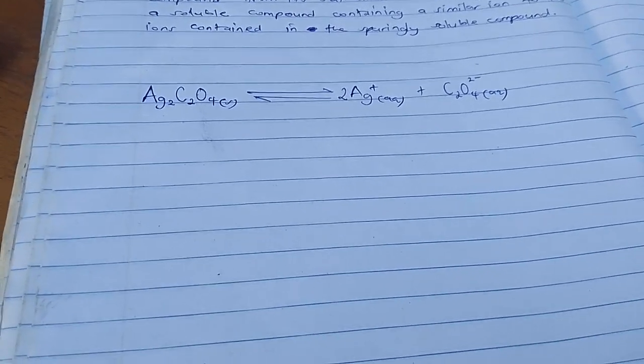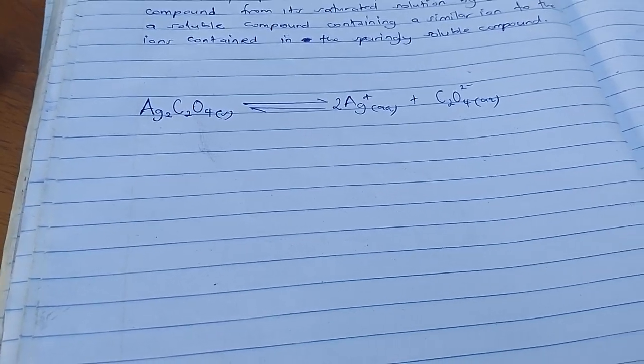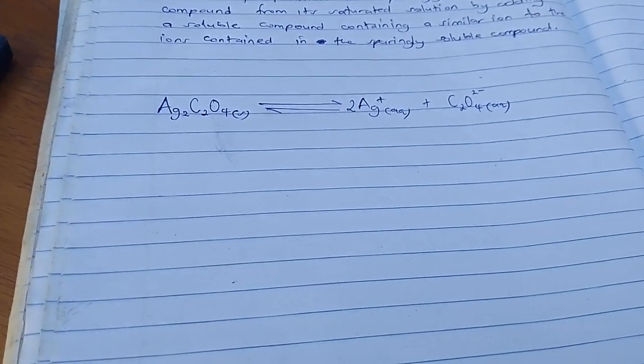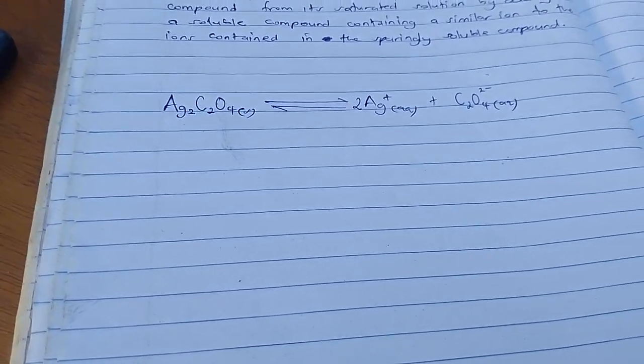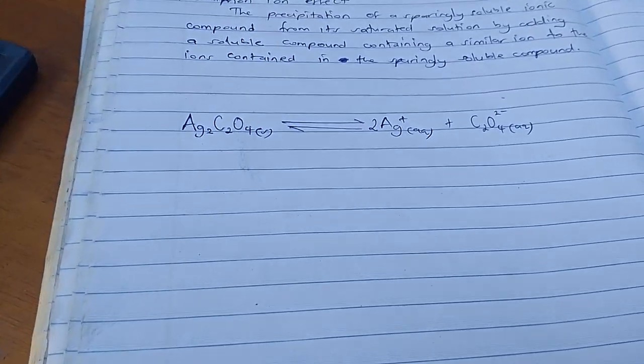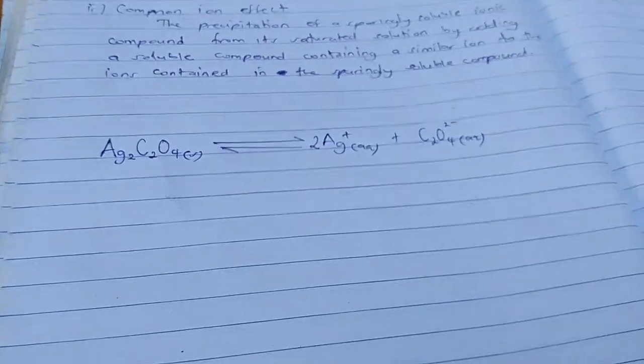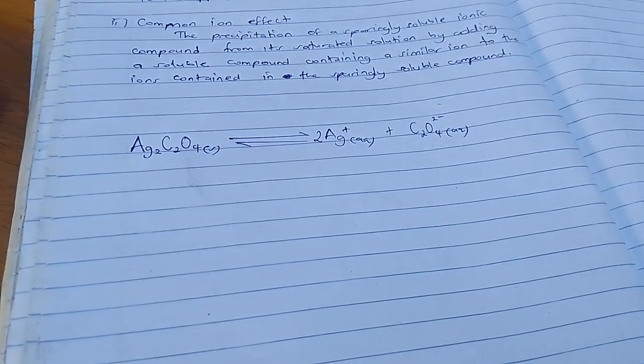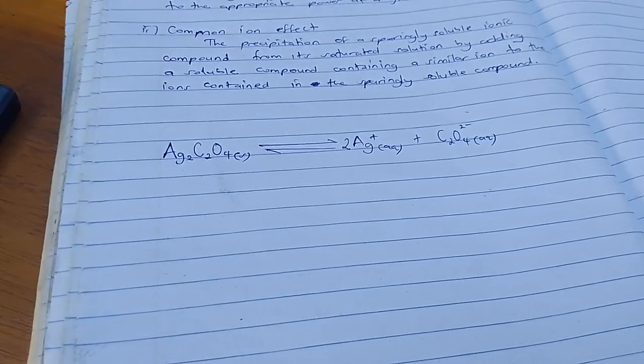What we need to know is that in these experiments we have to prepare a saturated solution. After preparing a saturated solution, in that solution we determine the concentration of the individual ions. Based on the equation, we can determine the concentration of one ion, and then it will be easy for us to determine the concentration of the other ion. So in the experiment, we can start by saying that